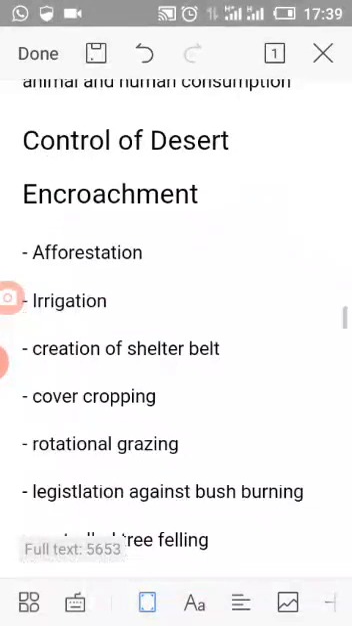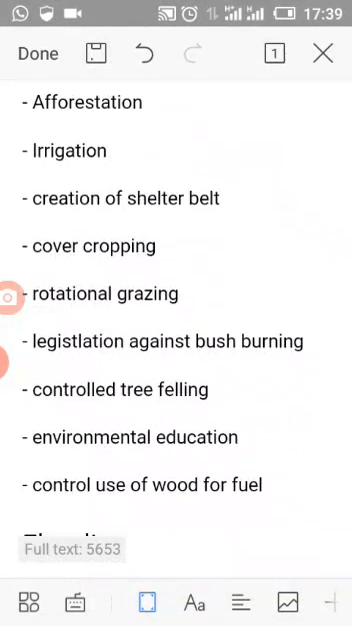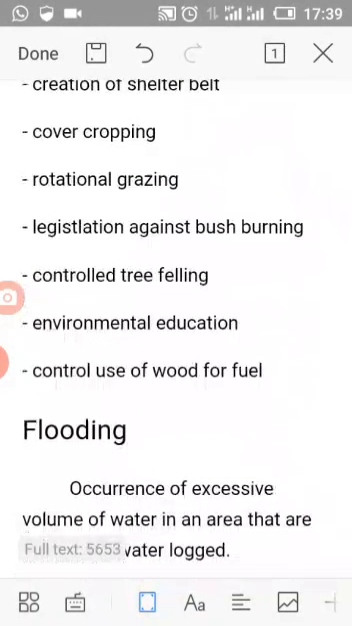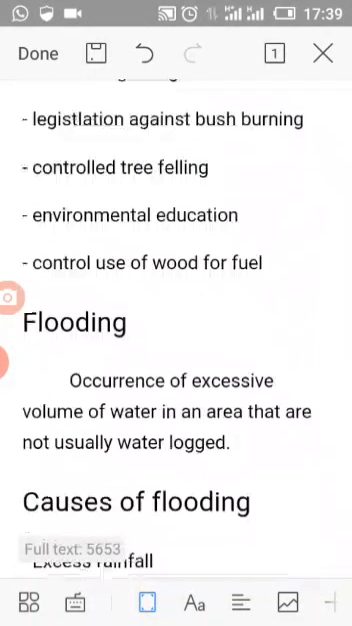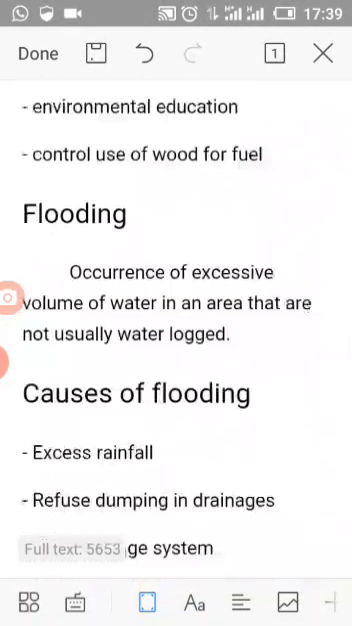Control of desert encroachment. Number 1, afforestation. Number 2, irrigation. Number 3, creation of shelter beds. Number 4, cover cropping. Number 5, rotation grazing. Number 6, legislation against bush burning. Number 7, controlled tree felling. Number 8, environmental education. Number 9, control use of wood for fuel. Another